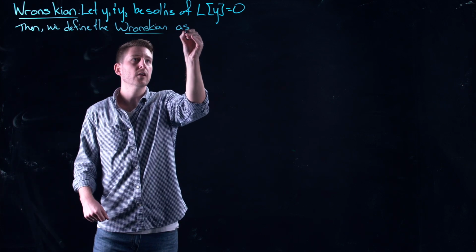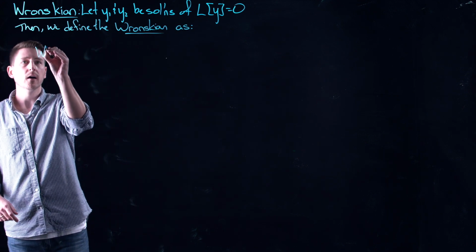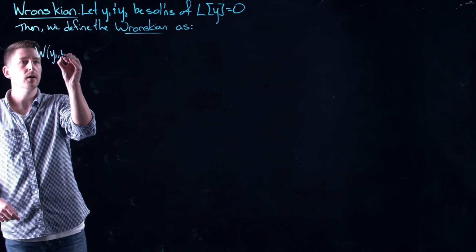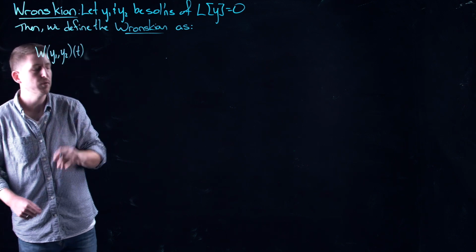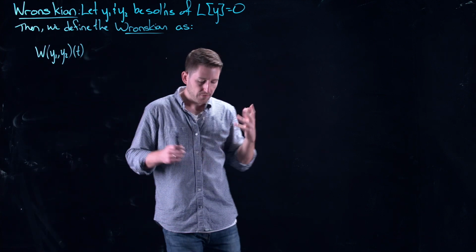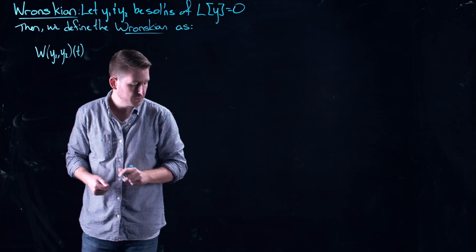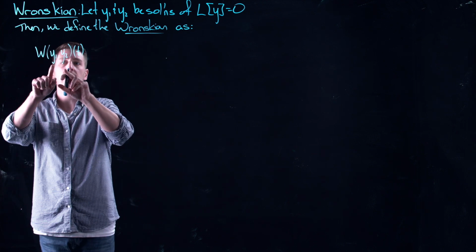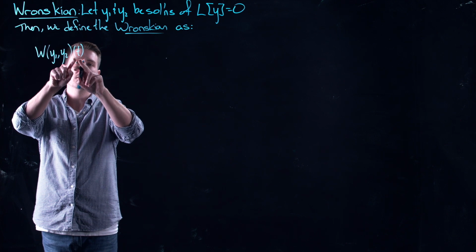as, okay, so it's going to look a little ugly for a second. It's going to be a function, we call it W for Wronskian, of y1 and y2. It's a function of functions. That means that its output is, again, a function of time. So this is a sort of weird notation that you might not be too familiar with. But this is to tell you that you get something in y1 and y2, and you get something out that